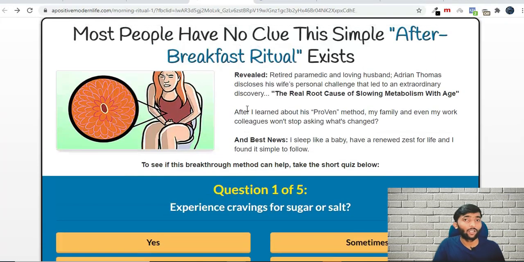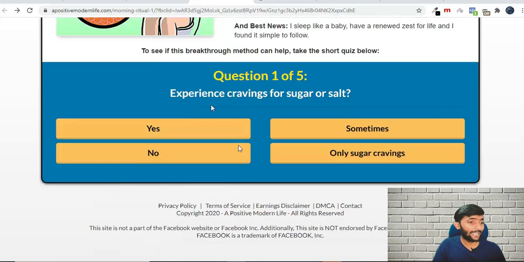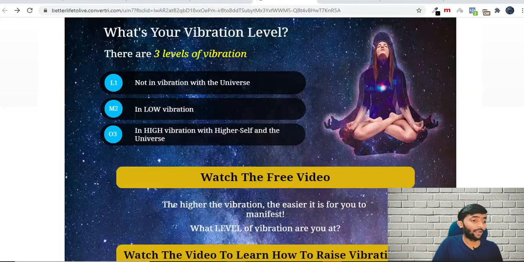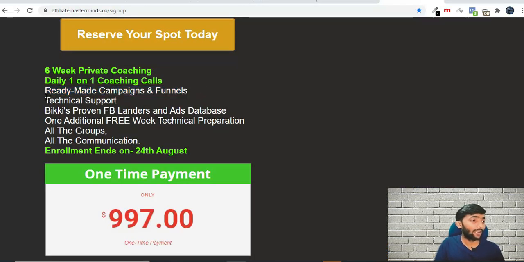Okay, we provide you ready-made landing pages like this, so you just have to copy this landing page and just put your affiliate link and start promoting the offer. We also provide you done for you one button landing pages. Okay, so in the mastermind we provide ready-made campaigns, ready-made landing pages that make your work easy.